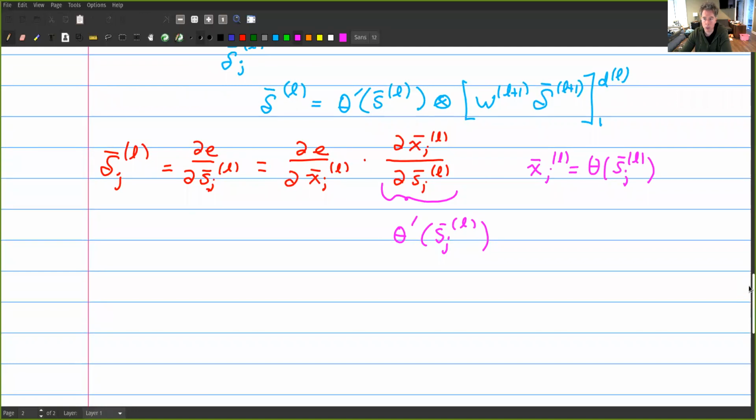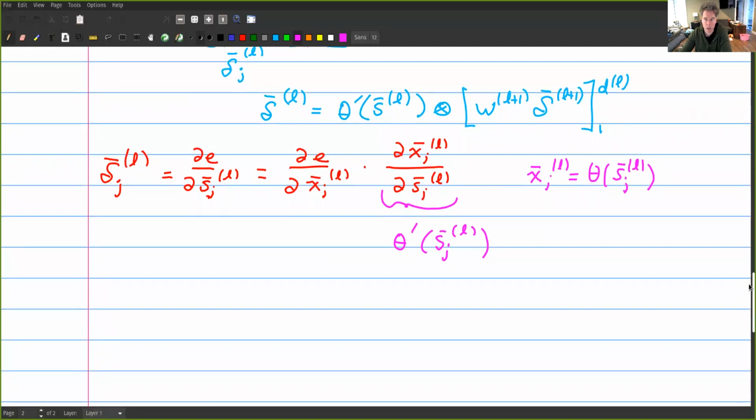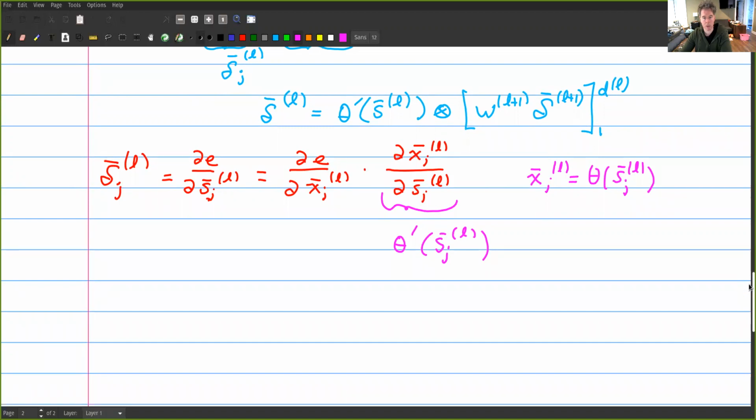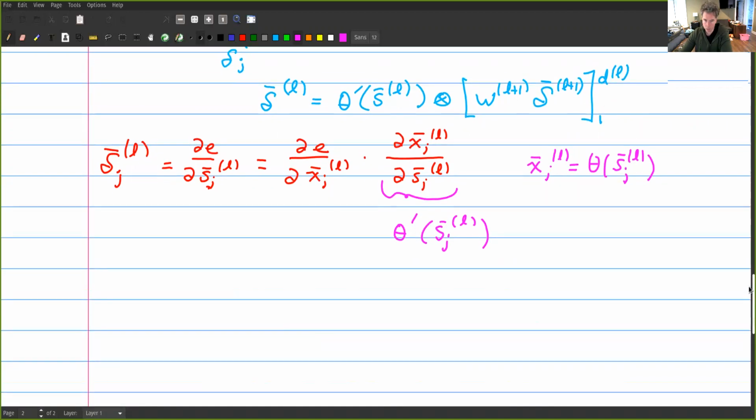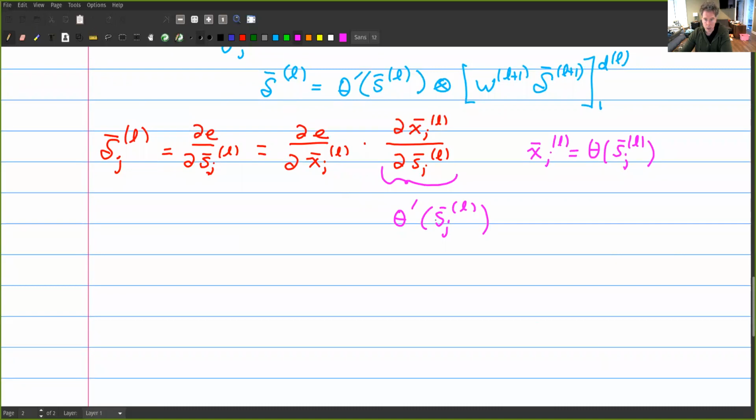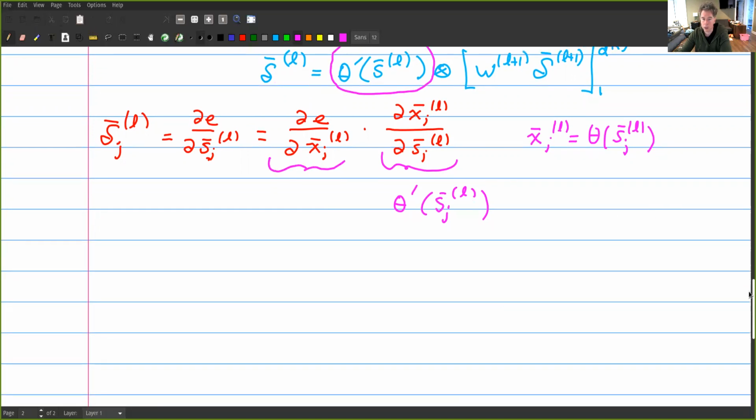If it's ReLU, then it's something else. If it's ELU, then it's something else. But it's just theta prime, and all these thetas have simple derivatives. So that leaves, and you can see where that is showing up in the formula. It's showing up right there when you put it back in the vector form. So the remainder of the story has to do with this thing, and this one is a little bit more